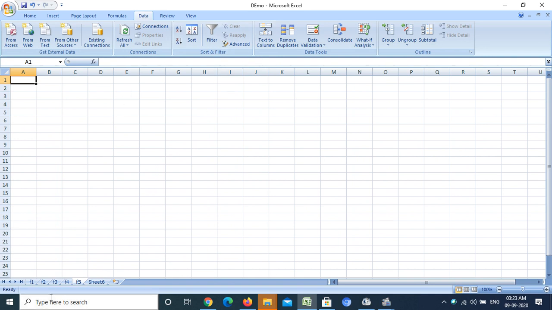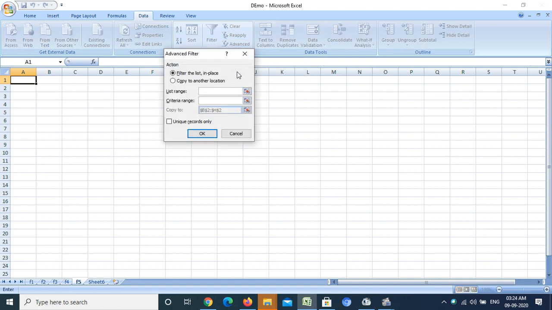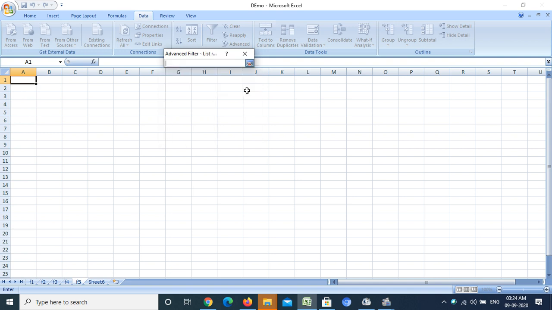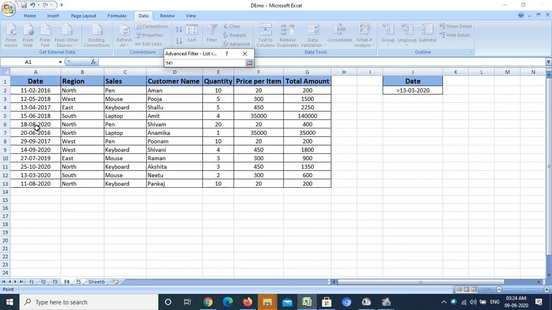So first of all, I have to select the sheet where I want to copy the data, that is F5, and I'm going to select the Advanced option. Now I have to select the range. I have to click on this button. Now this time I have to manually select the range because I'm going to paste the filtered data on another sheet.